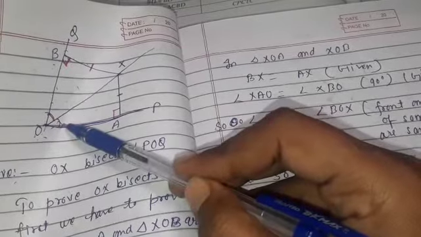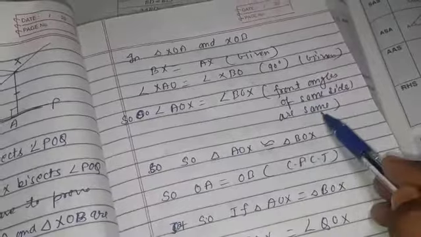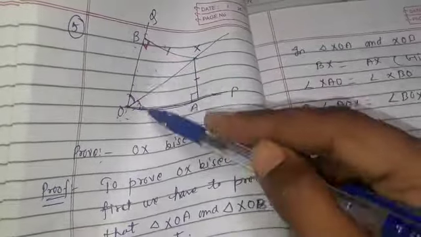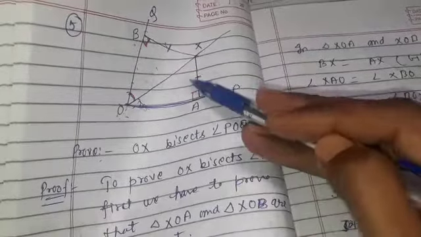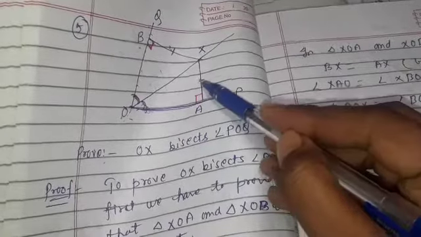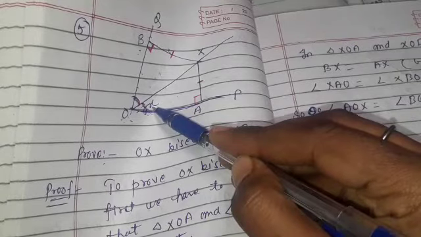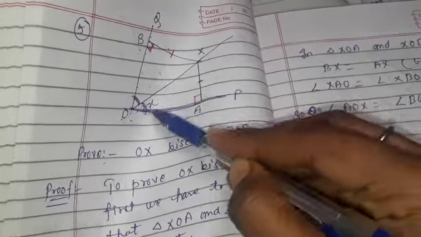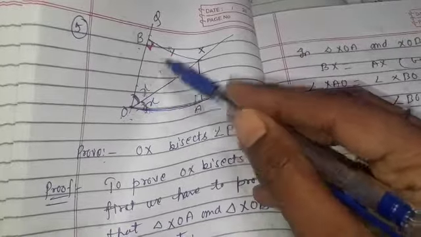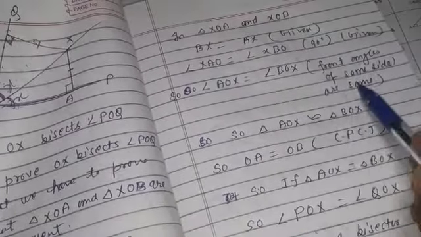Why are these two equal? Front angles of same sides are same. So this is the front side of this angle and this is the front side of this angle. If this side and this side are equal, then definitely this angle and this angle are also equal. If the front angle of this side is suppose X, and this equals this, then the front angle of this side is also X. So this angle equal to this angle.